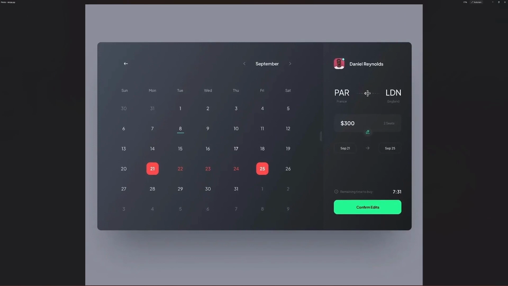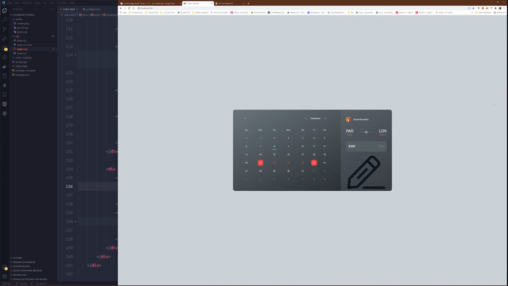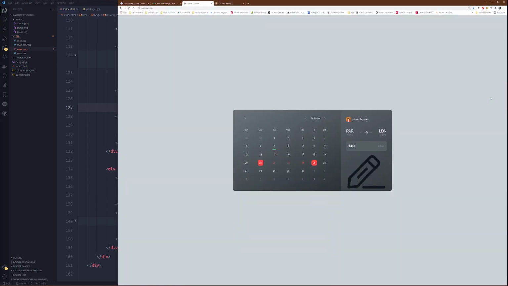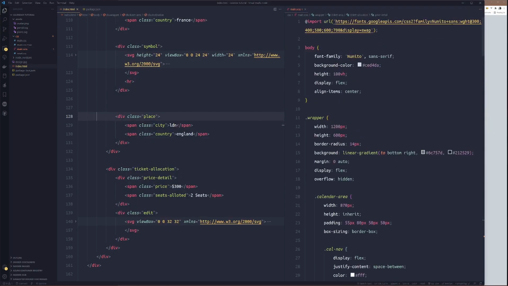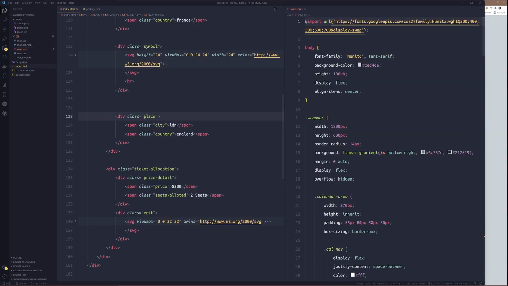We need to add more padding. So padding top now, I just give 28. Let's see. 26. All right. Let me go back to my font. Now this is the cost fight, so I like my font like this.